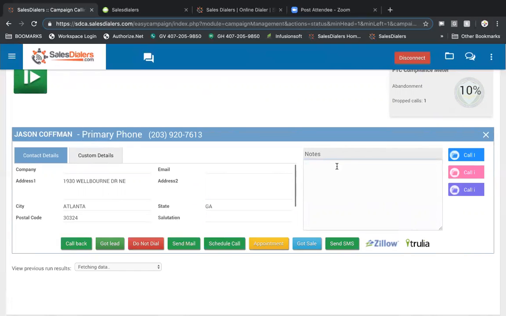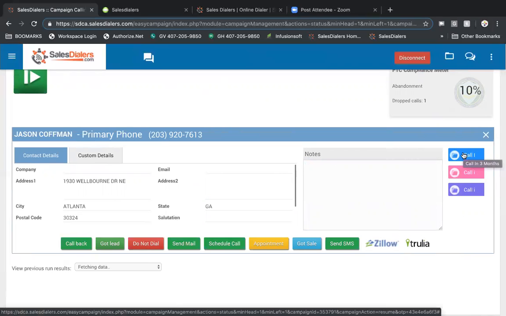Here's the notes field. Notes are very important. They give you insight and increase likability with your clients because people buy from people they like. So you want to pick up and take notes on all that pertinent information. The tab buttons here on the right-hand side of the screen, you can see there's the call in 3 months